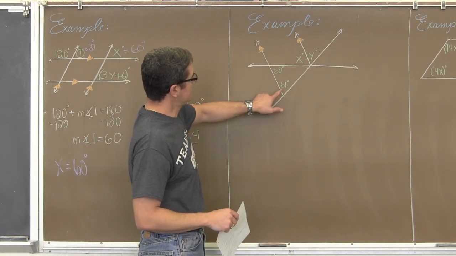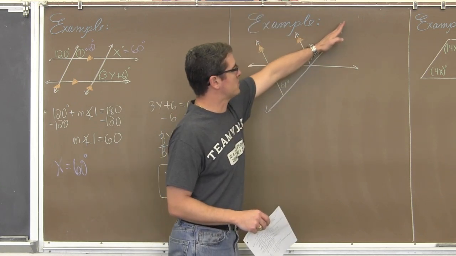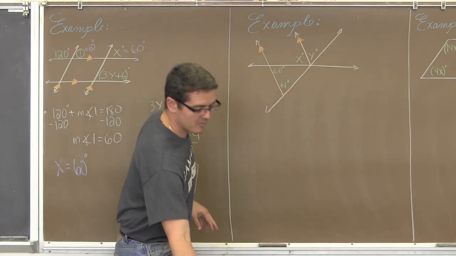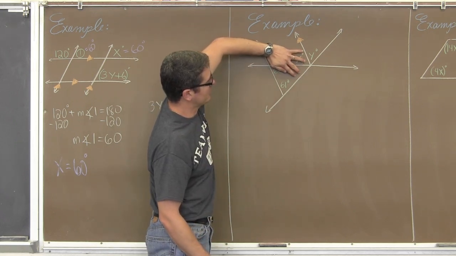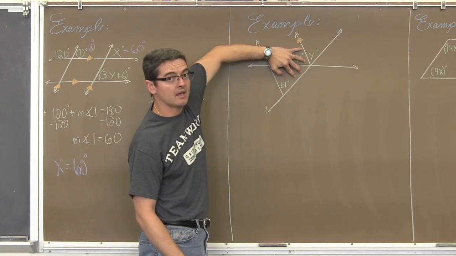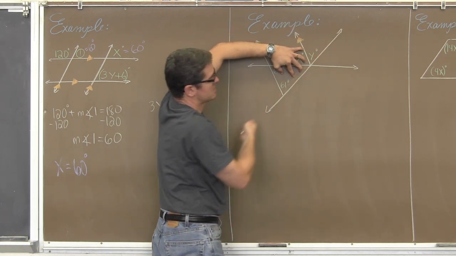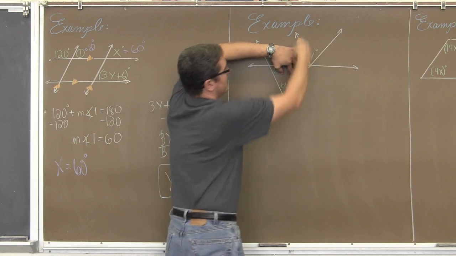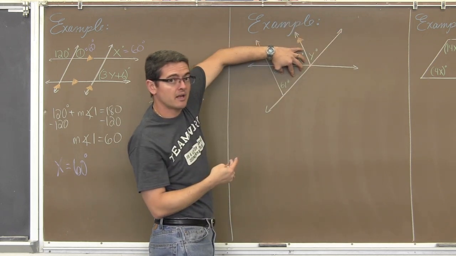I see that we have two parallel lines, and I see a transversal, this one coming up here. Okay, and this paper's not going to help me much. If I cover this part of the diagram up a little bit and try not to get it all erased with my hand, I've got two parallel lines being cut by a transversal. Well, if I have two parallel lines being cut by a transversal, then my corresponding angles are congruent.